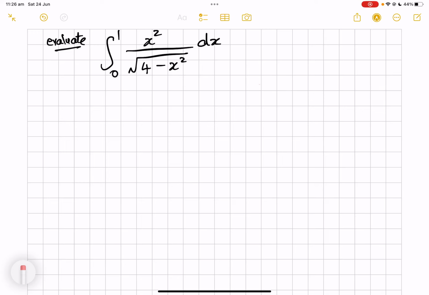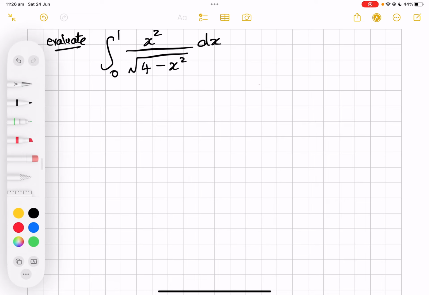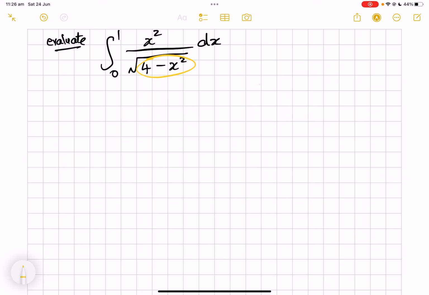Well, here we have a difficult trigonometry question. It's got: find the definite integral from 0 to 1 of x squared over the square root of 4 minus x squared with respect to x. Well, what I'd like you to realize is because we've got this 4 minus x squared under a square